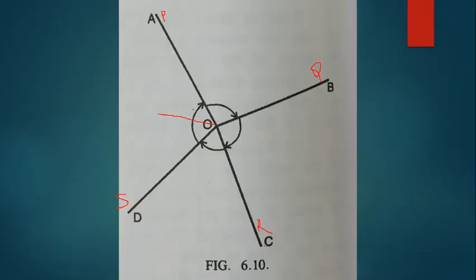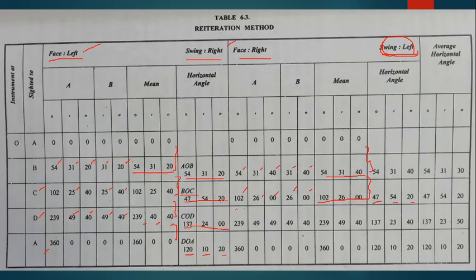Yeah, we are at C now, or R. Again we must release the upper clamp screw and turn the telescope to approximately bisect the D or S ranging rod. And to bisect exactly you can use the upper tangent screw only. Now if the exact bisection is done, yes, we are ready. Now you can read both verniers at this position and record the same onto the tabular form.